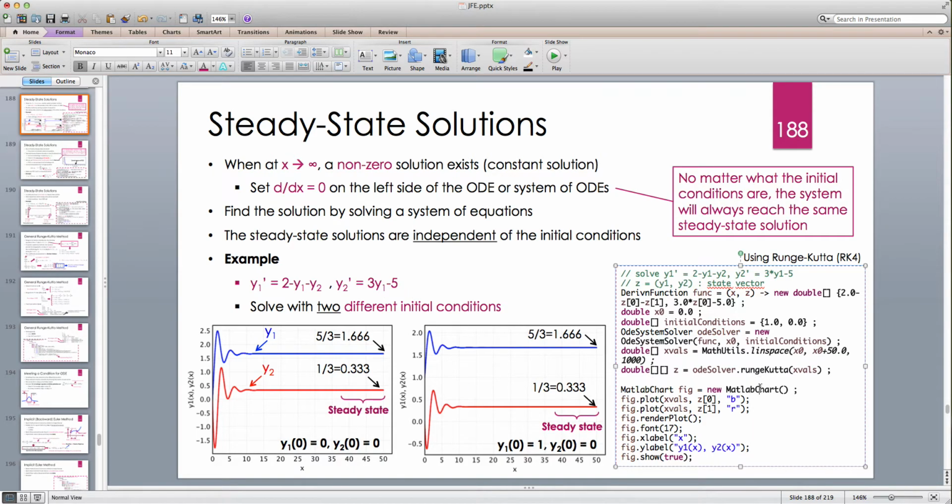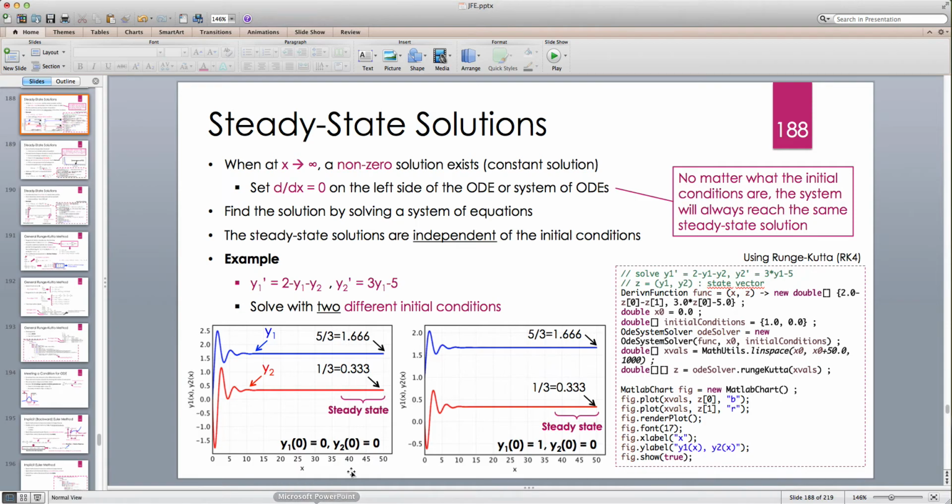So here I'm creating a chart, plotting z0 with a blue curve, which is the y1 solution, and z1 with color red, which is the y2 solution. Render the plot, set the font to 17, x label x, y label is y1 and y2 solutions, and we create the plot. All right. And as you can see,